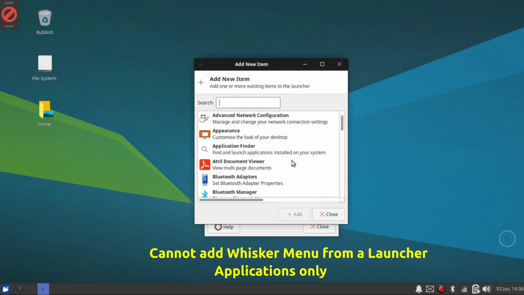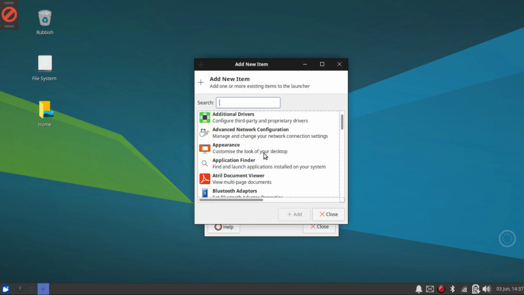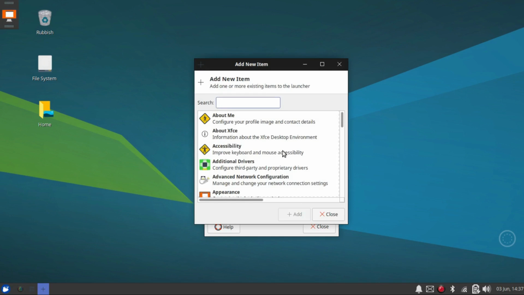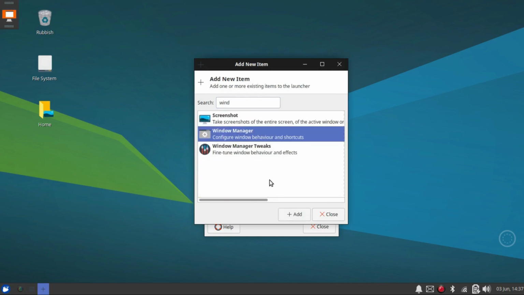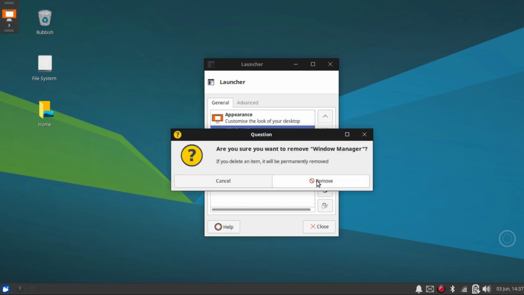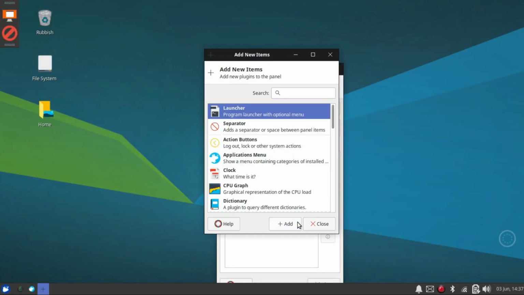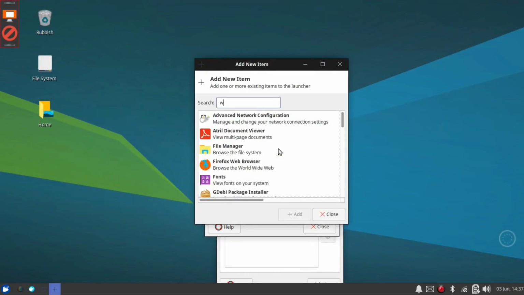I think the whisker menu is not available because it's already taken up in the other panel. I think that's what it is. Let's put appearance there, add that. So there's appearance. And we'll go for Window Manager as well. Window Manager, add. So that will add an extra one onto the appearance. So let's delete the currently selected, remove items, and add a launcher. Launcher, add. Window Manager,